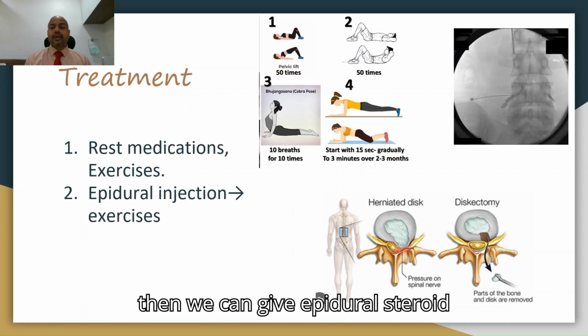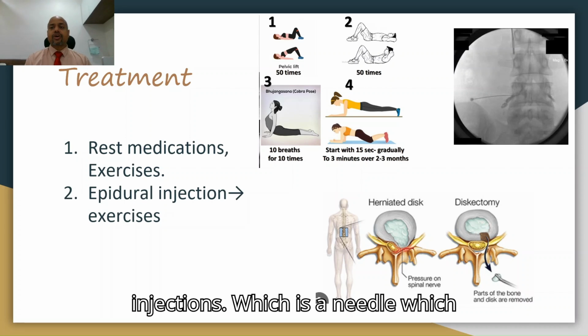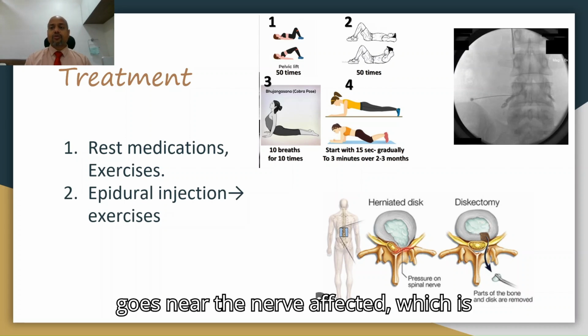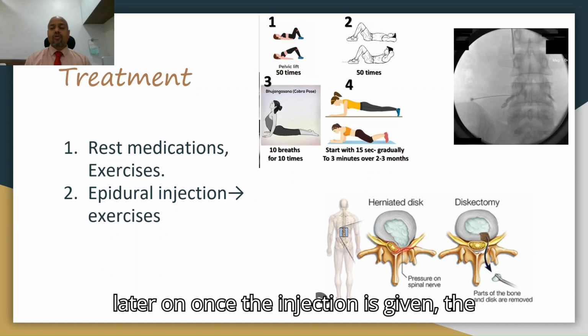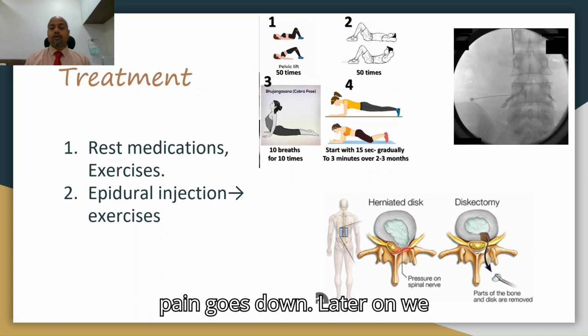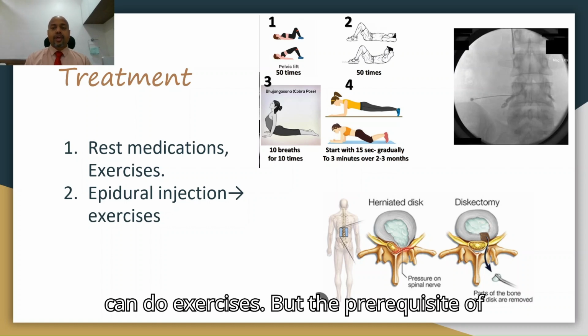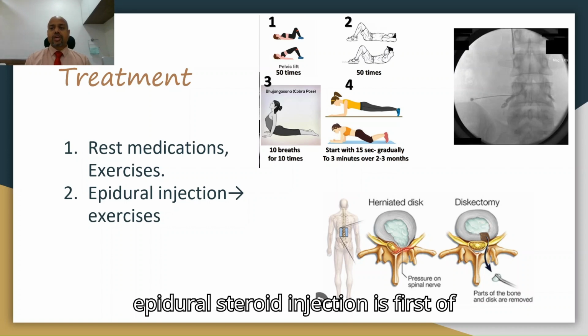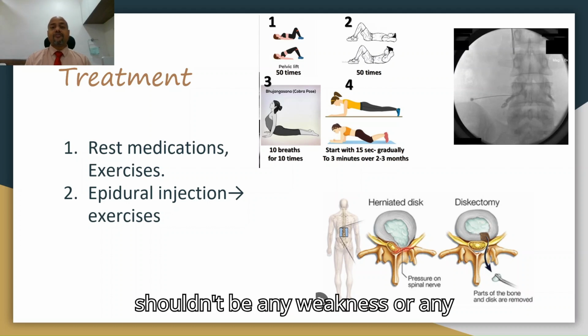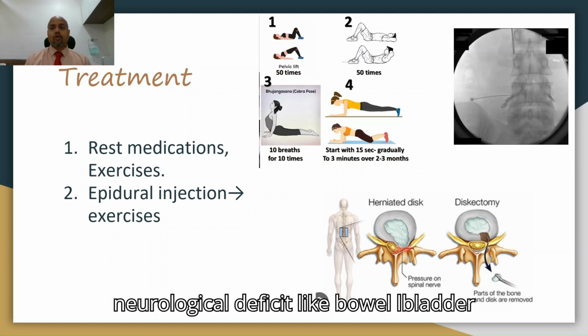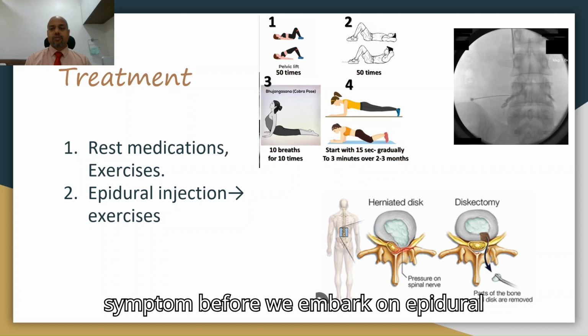Okay, then we can give epidural steroid injections, which is a needle which goes near the nerve affected, based on an MRI finding. Once the injection is given, the pain goes down. Later on we can do exercises, but the prerequisite of epidural steroid injection is, first of all, it should be just pain. There shouldn't be any weakness or any neurological deficit like bladder symptoms before we embark on epidural steroid